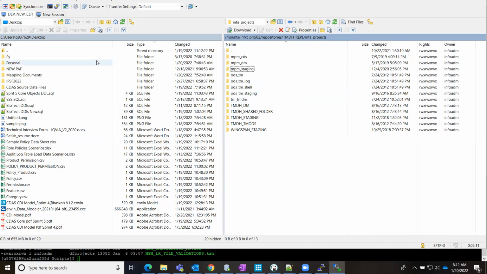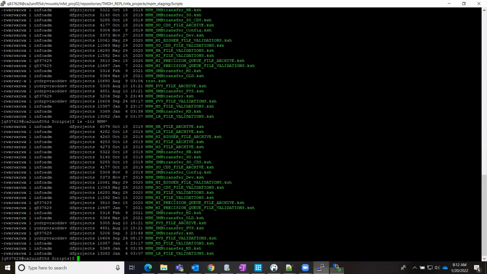Half of the screen is Windows, half of the screen is Unix. So when we want to copy a file from Unix to local or local to Unix, everything is similar: just drag and drop from here to here, or from here to here. That's it. But when you want to do the same operation with PuTTY, you have to use FTP or SFTP commands,